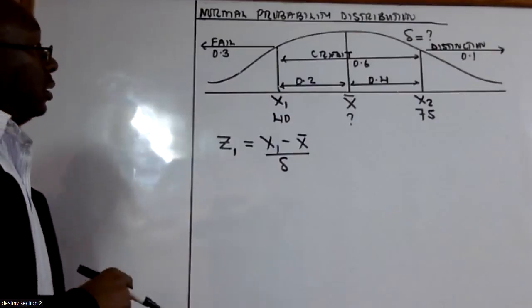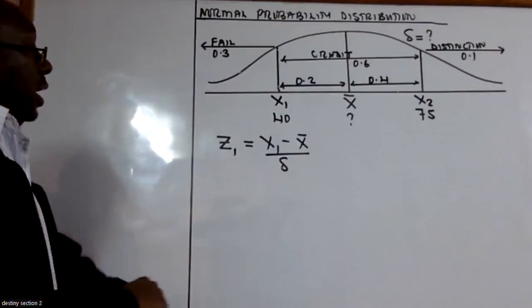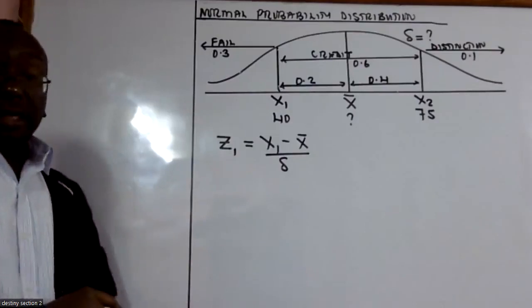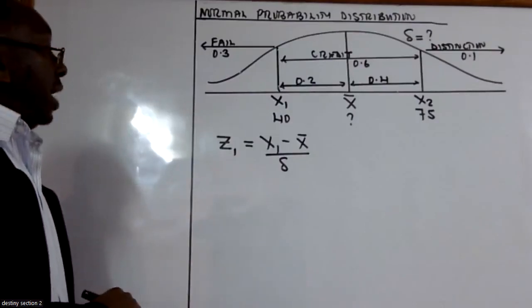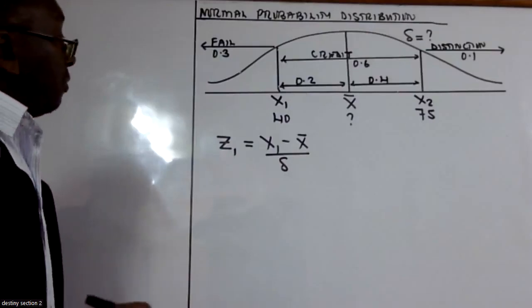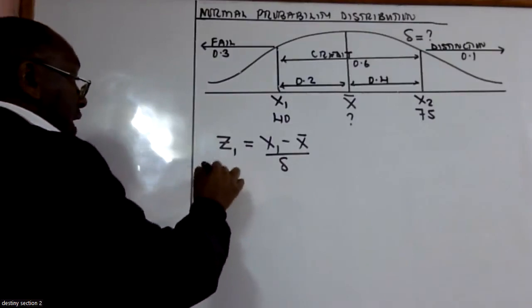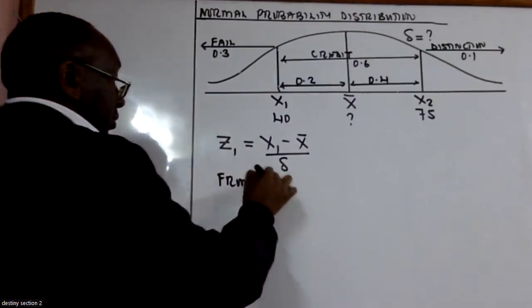So I do not know the standard deviation and I do not know the X bar, but I can be able to get Z1. So I'll say from the tables,